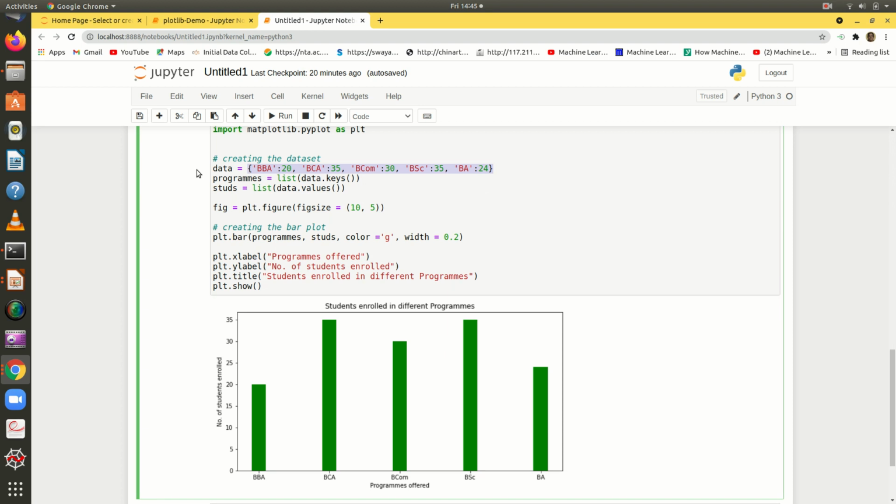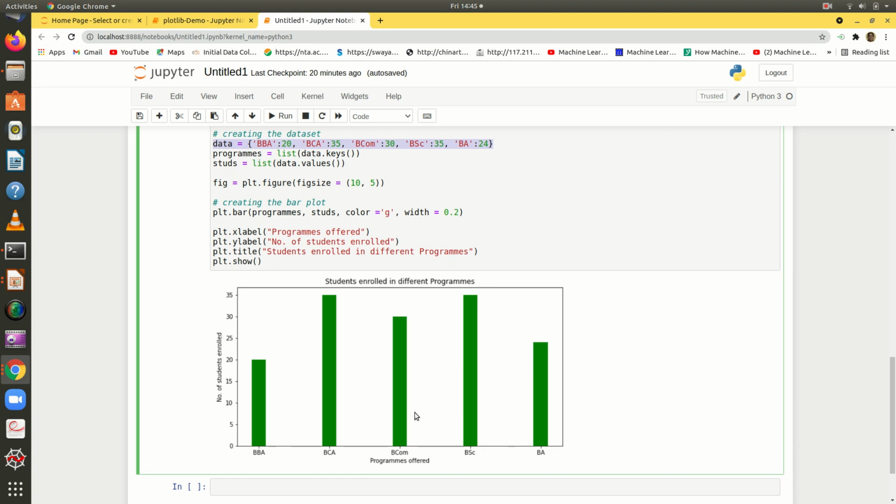So instead of giving this data in a table or in a list form, if you give the data this way, I can easily understand that for BCA and BSc the number of students enrolled is more compared to the other programs.